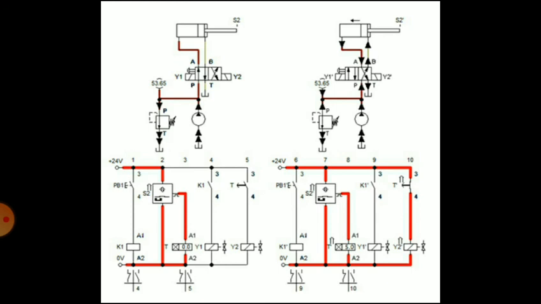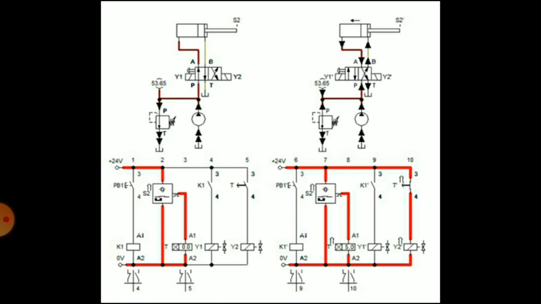So in the first circuit diagram, when the push button is pushed on, then K1 is energized, which will activate the switch K1, and that switch K1 will energize Y1. So after energizing Y1, P is connected to A, which will move the piston in a forward direction. At the same time B is connected to T.